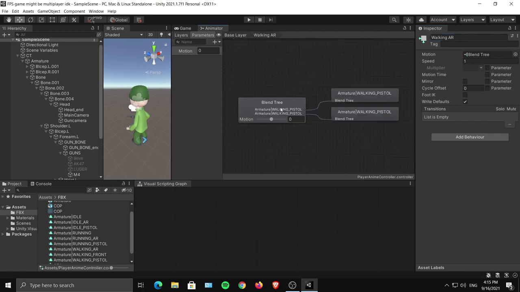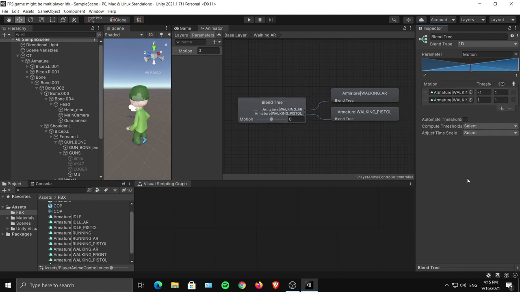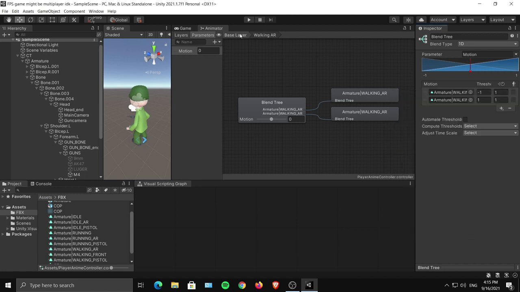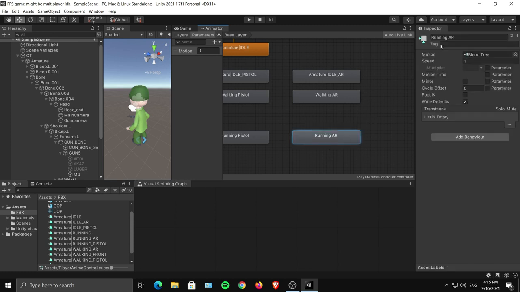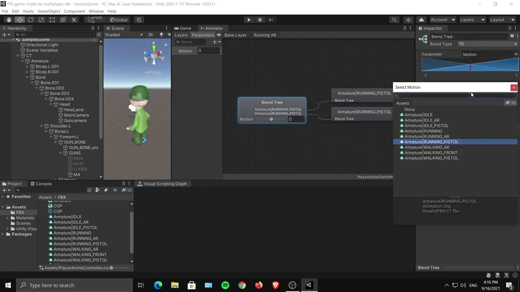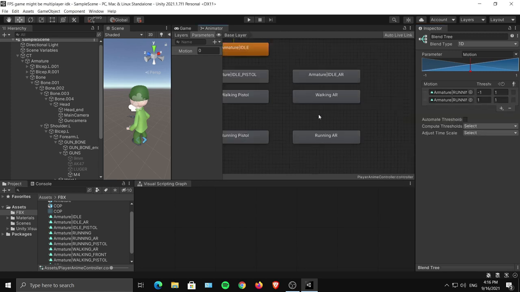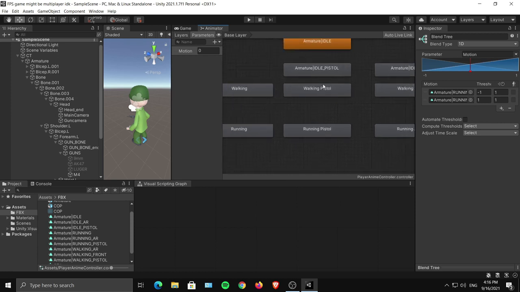So this walking AR will have obviously the walking AR animation, and the running AR will have running AR animation. So now I will select the running AR. Where is it? Running AR. Okay, there it is. So now that we have successfully made this tree, now we just have to add some logic, and from logic